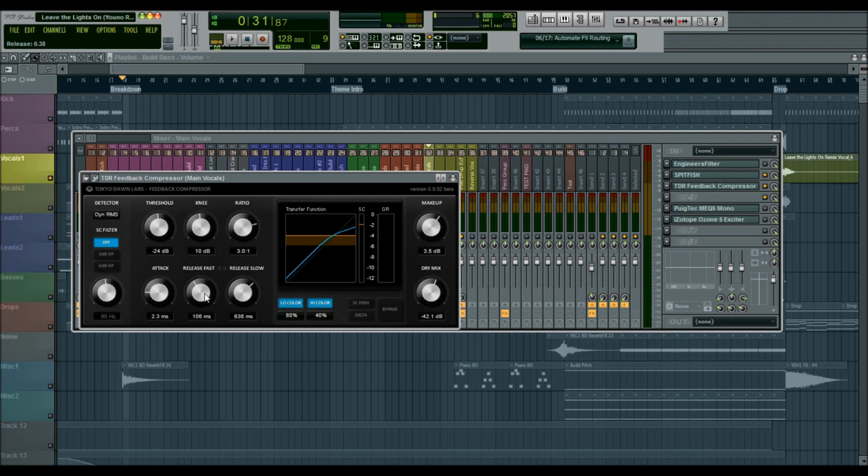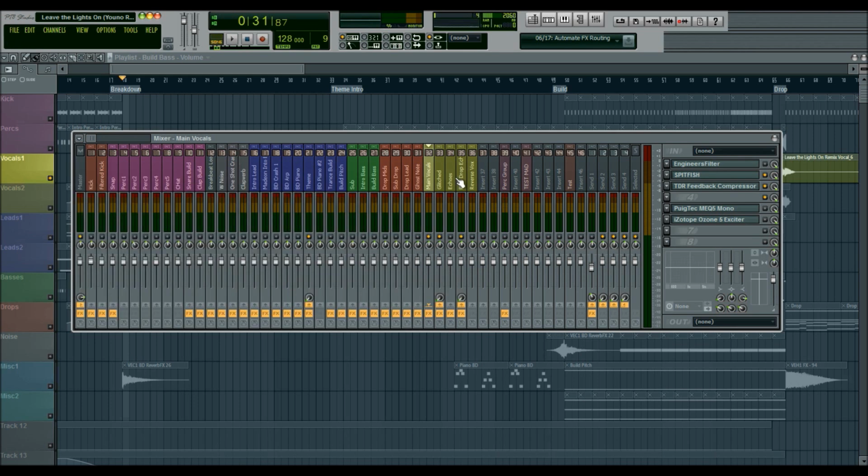In fact, I might tame this one back a little bit. I added a little bit of color over here, and then I made up the gain over here, simply to make it a little bit louder, and again put it on top of the mix. The element that really puts the vocals on top of the mix is probably the compression. Just kind of my experience.